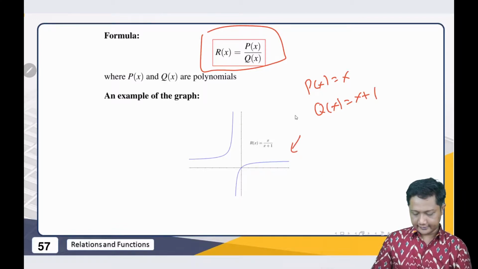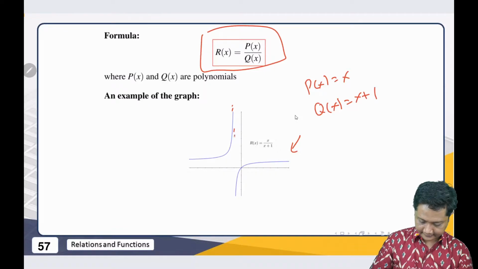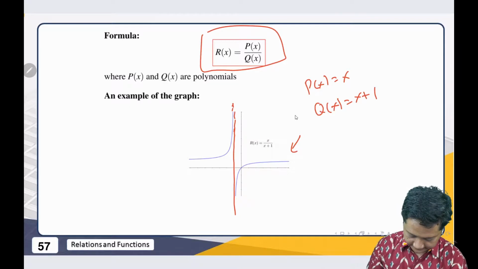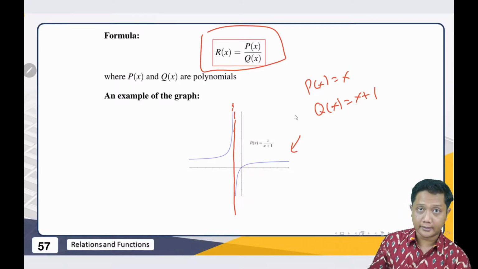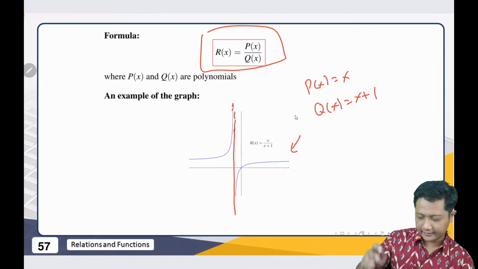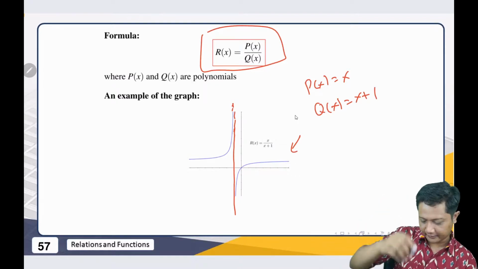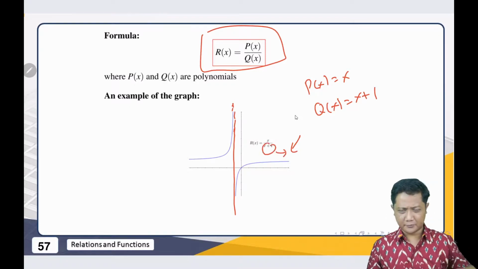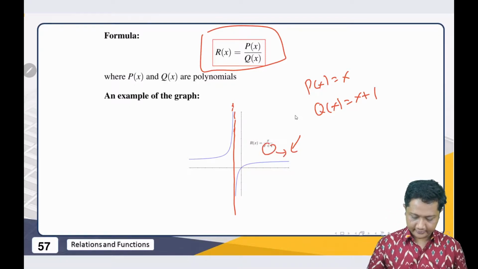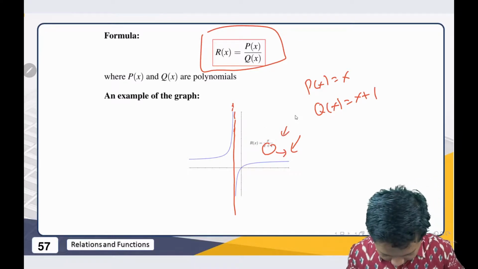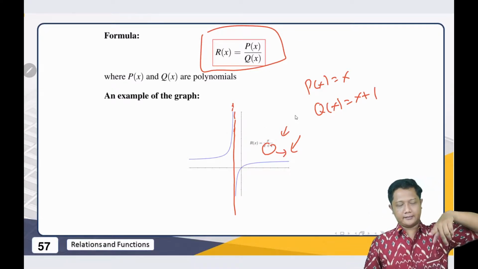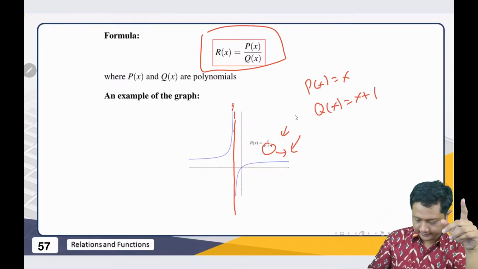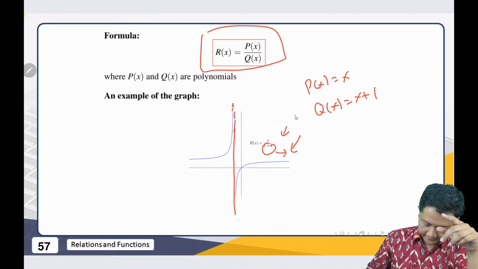And why do we get something like this, see? Because when x is very close to -1, we will see that the difference here goes to 0. That's why the division will give infinity or minus infinity, right? That's why we have this and this.